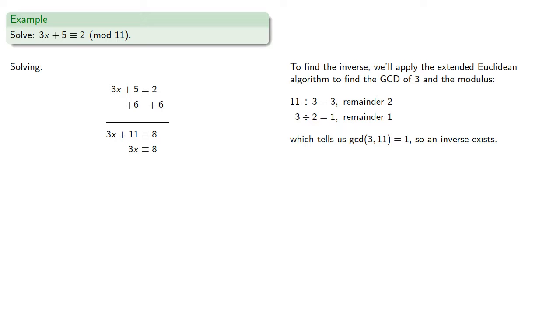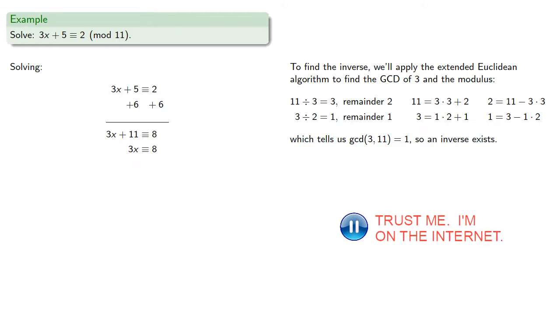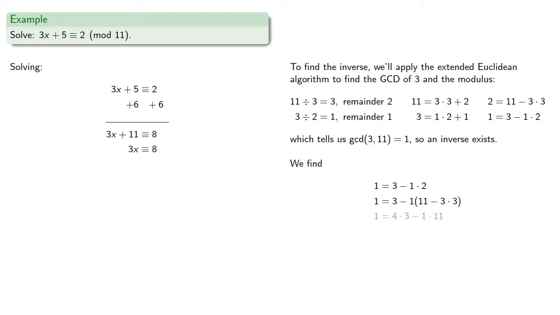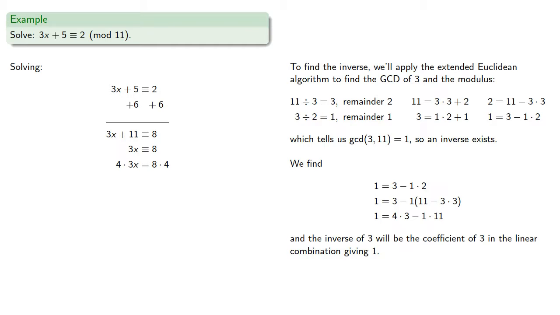So we'll rewrite our quotient in product and sum form, and then solve for the remainders. And so we can find 1 as a linear combination of 3 and 11. And the inverse of 3 will be the coefficient of 3 in the linear combination giving 1. So our multiplicative inverse is 4, so if we multiply both sides by 4, we get,